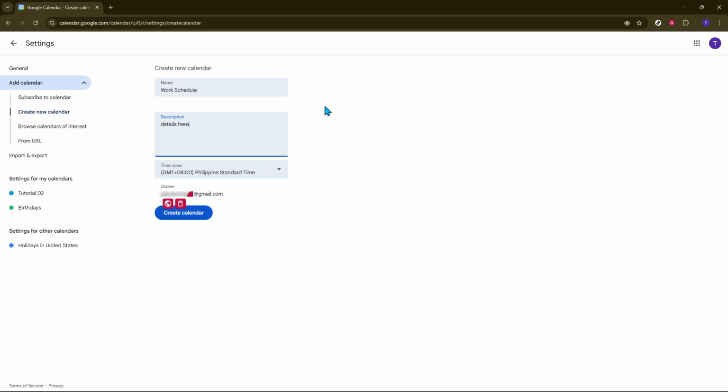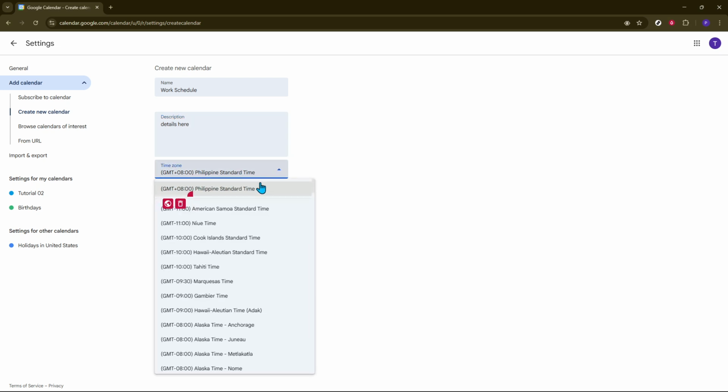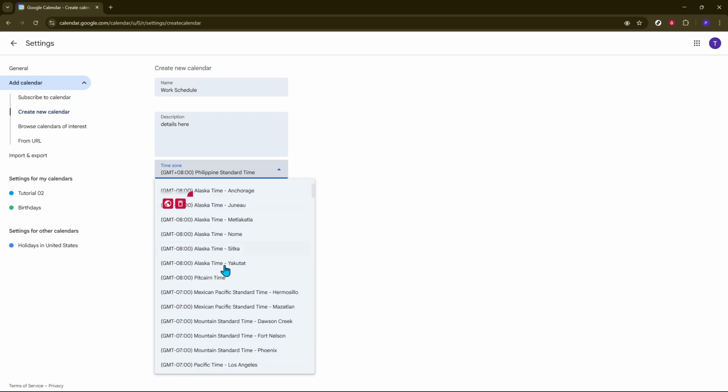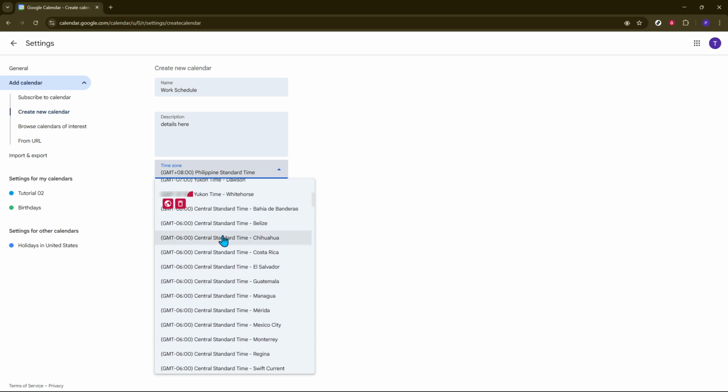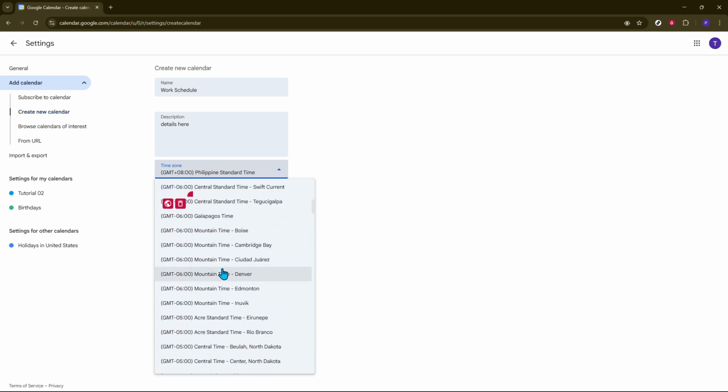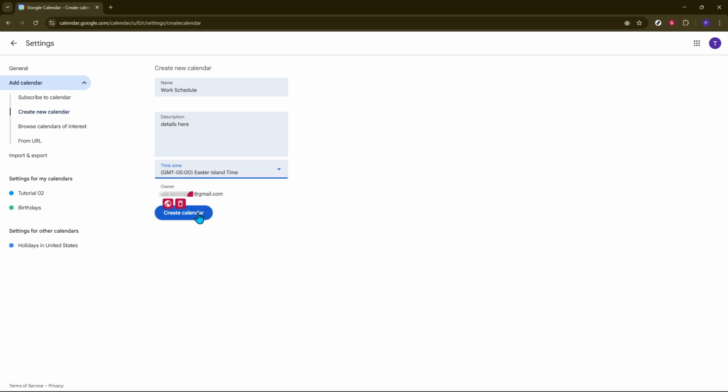Once you've decided on a name, you have the option to add a description. While optional, adding a description can help provide context or remind you and others whom you may share it with about its purpose. It's also crucial at this stage to set the correct time zone. The time zone you choose will determine how all calendar events are scheduled and displayed, so make sure it matches your actual location or the region you'll be operating from. After filling in all these details, you're ready to make your calendar official. Click on the Create